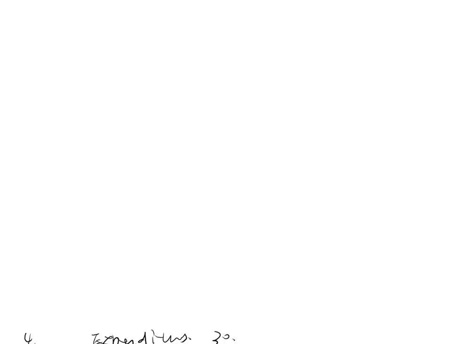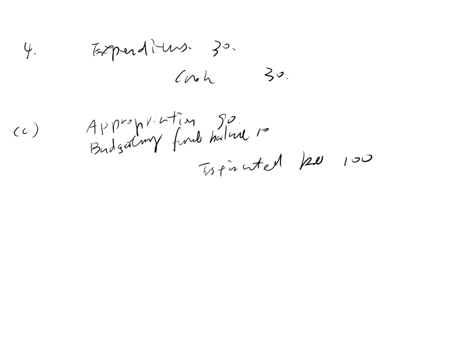And what else are we going to close? We're also going to close the 30 expenditures. The total expenditure to be closed will be 70. Revenue 120. Alright, so to close revenues, I'm going to debit revenues 120. To close expenditures, I'm going to credit expenditures 70. So if there's nothing else, we should end up with